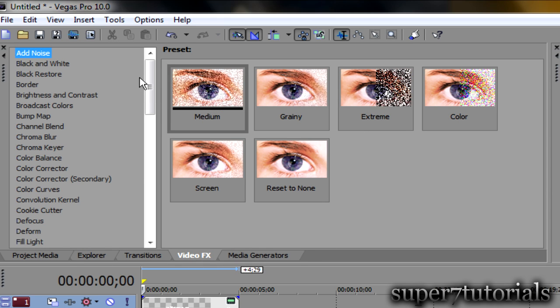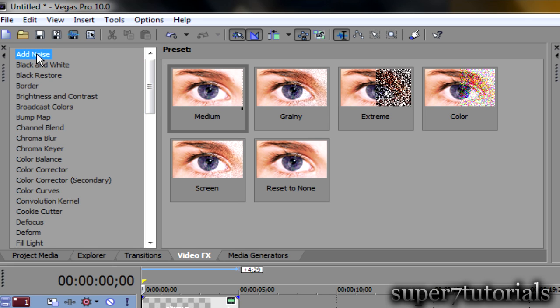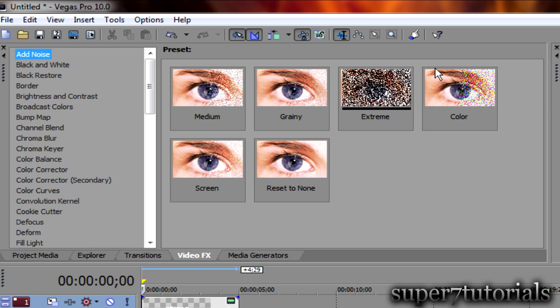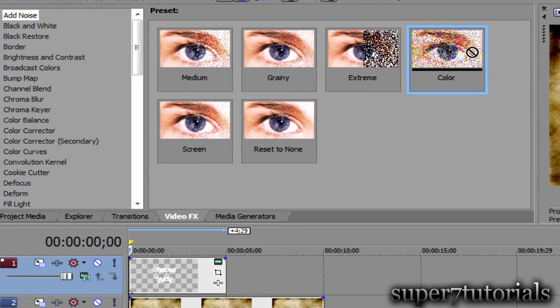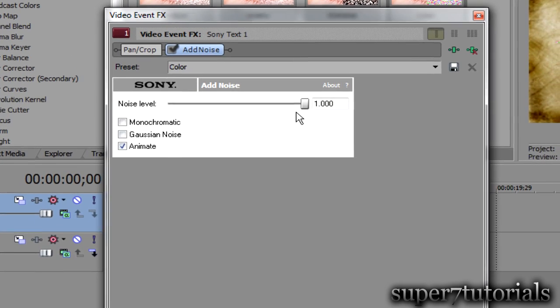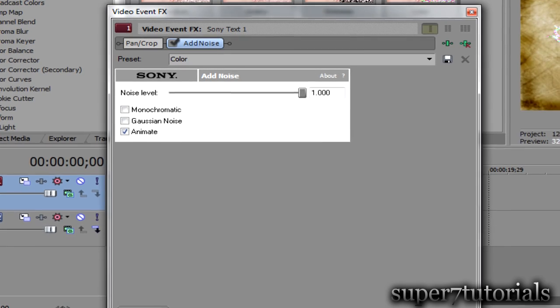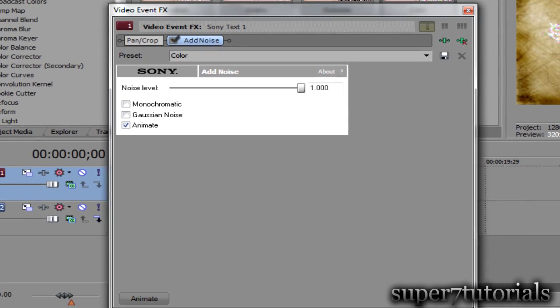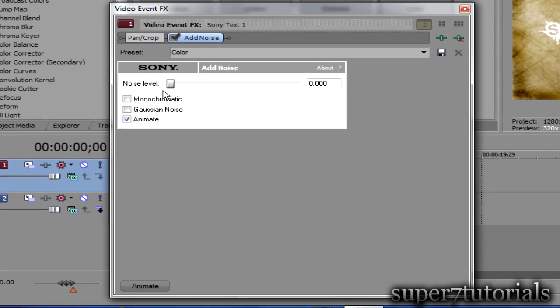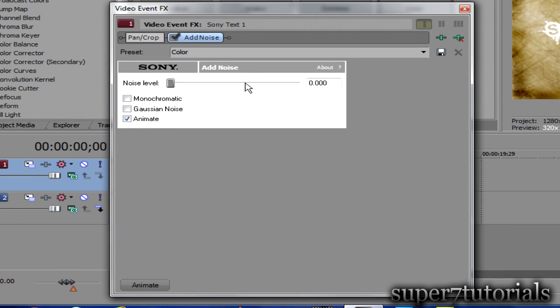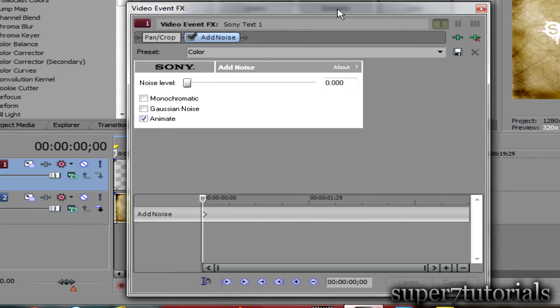So let me add an effect called color noise. So there you go, that's my color noise. Go ahead and go to video effects and go to add noise and click on color and drag into your first text. So you can see there's some color noise inside my text. Let me just reduce it for the first, and I will go ahead and go to animate,